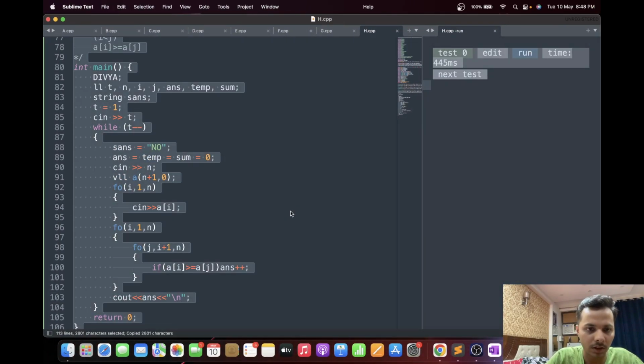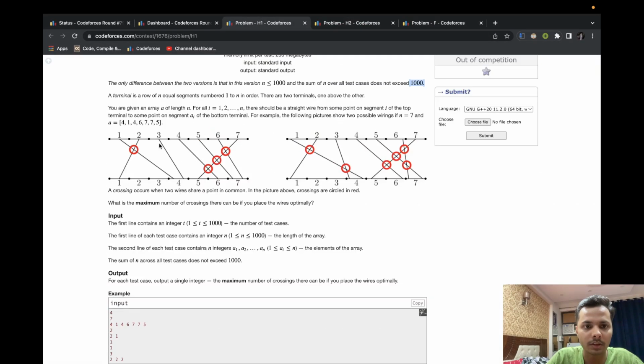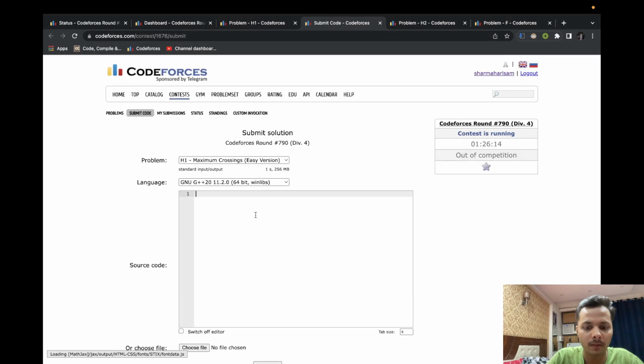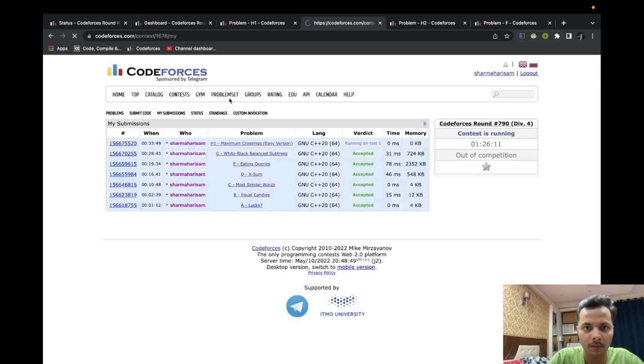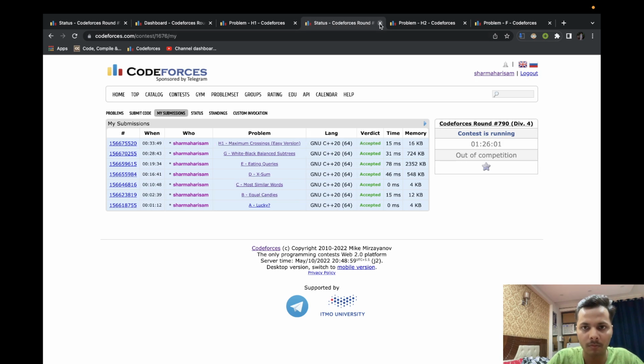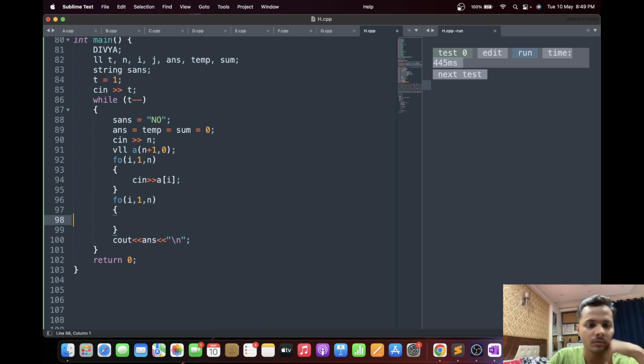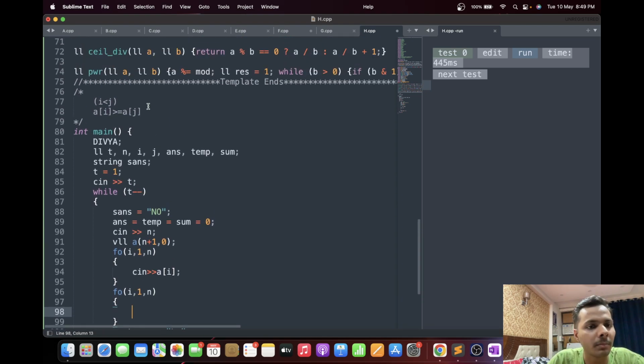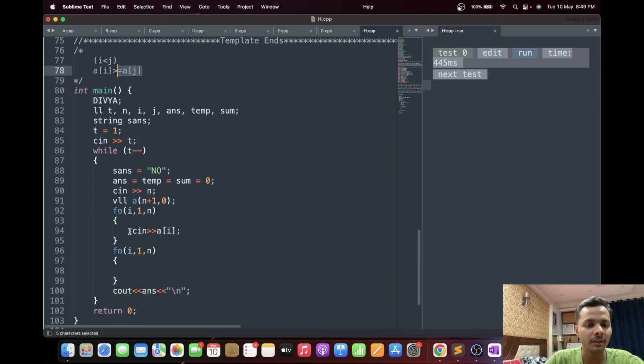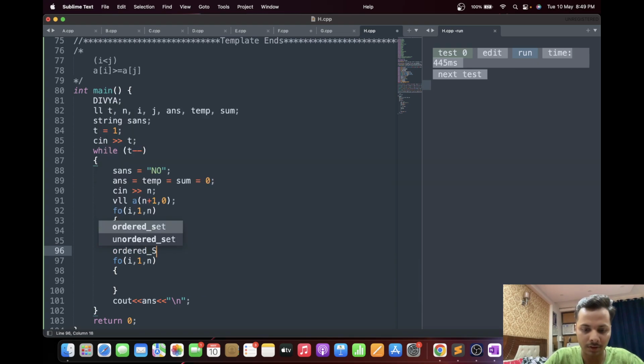Yeah, it is actually correct. Let's submit H1. So basically in the suffix from I plus 1 to n, we just have to check how many values are smaller than or equal to A of I. So I'll do this with an ordered set.